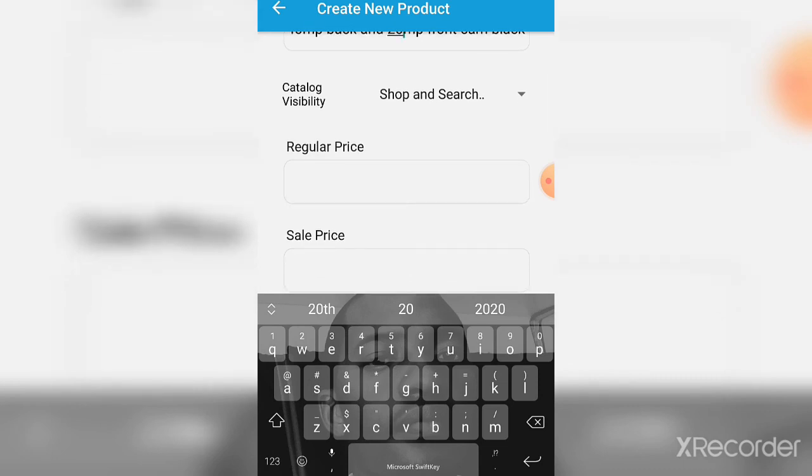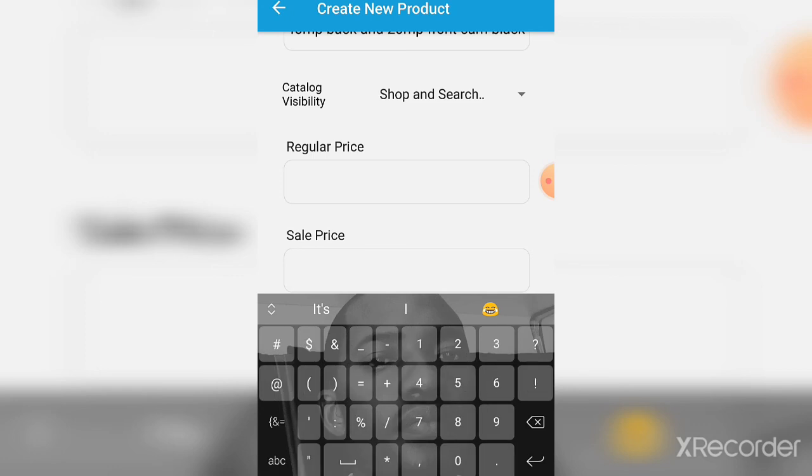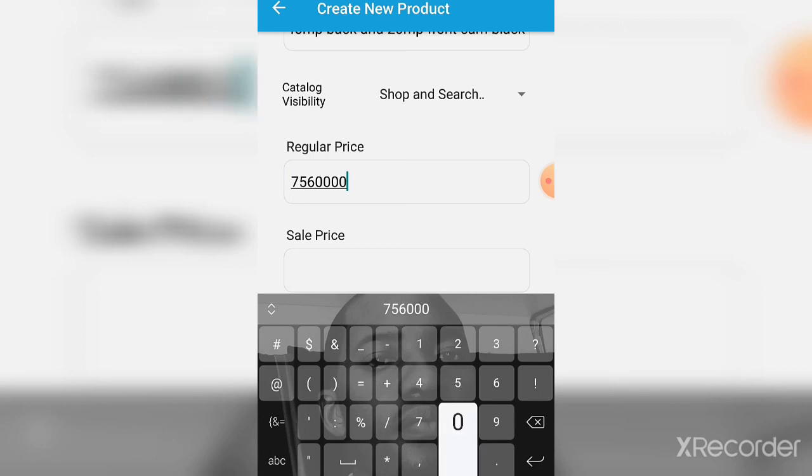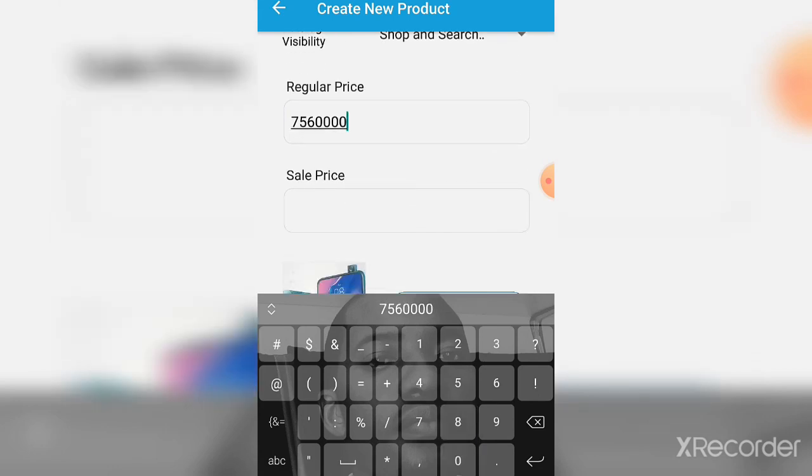So regular price, as I told you earlier on, this regular price is the price that you would have sold this product. But now, maybe you want to give some sort of discount to the client. So this regular price is always higher. So let's take, for instance, our regular price for this Common 15 was maybe 756,000. But at this time we are only selling at